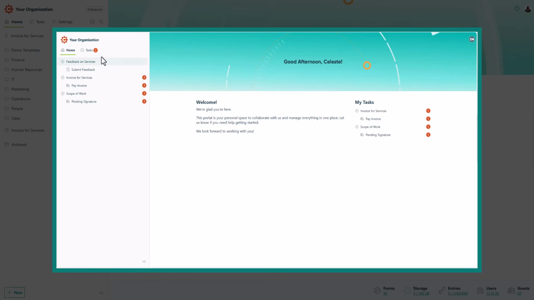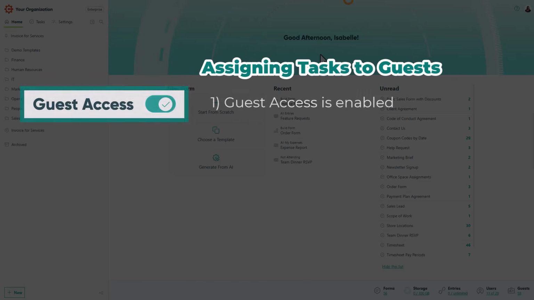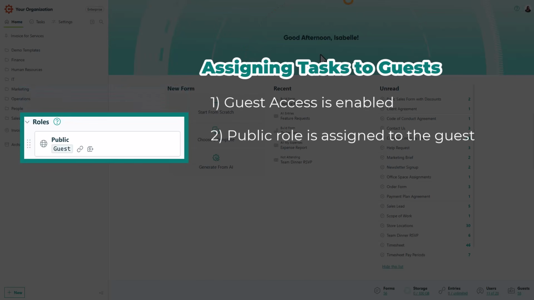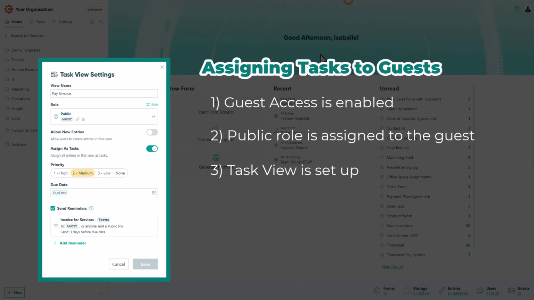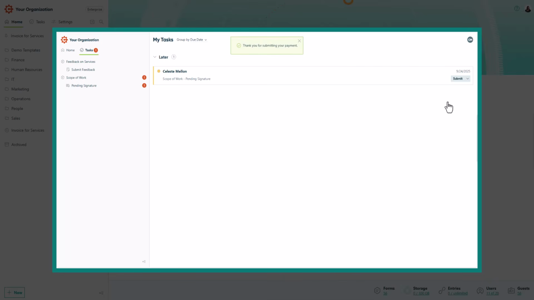tasks to guests. Any entry on your entries page can be assigned to a guest as long as guest access is enabled, the public role is assigned to your guest user, and you have a task you set up for them. For this example, I'm going to send my client an invoice that they need to pay. That invoice will be marked as a task until they pay it, and once they've paid, the task will be